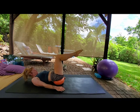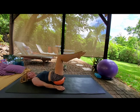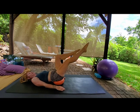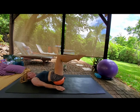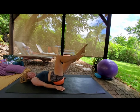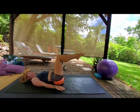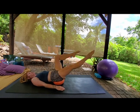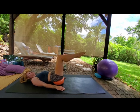Okay, so you want to make sure here that you've got your knees directly above your hips, and what we're going to do is gently bicycle the legs. So you inhale T-zone, exhale, we extend one leg out long, inhale, bring it back in, back to that nice tabletop, exhale, extend, inhale, back in, tighten that T-zone. You're going to be rocking about on the ball, so it's really important to tighten through the T-zone, keep that spine imprinted,